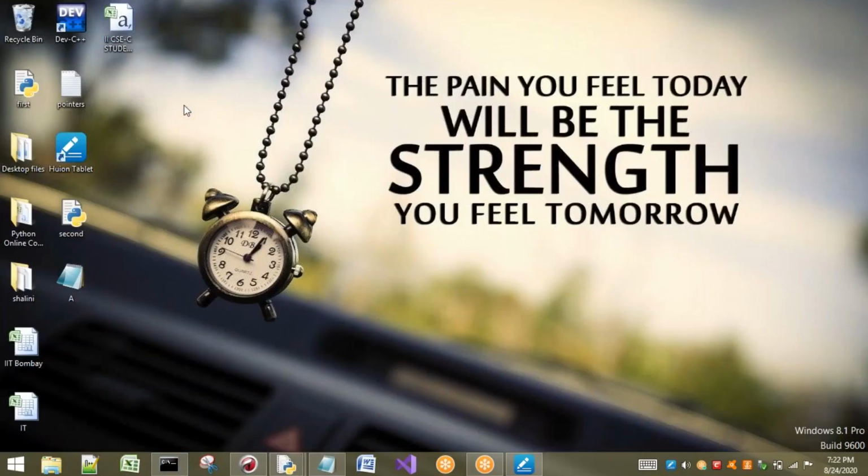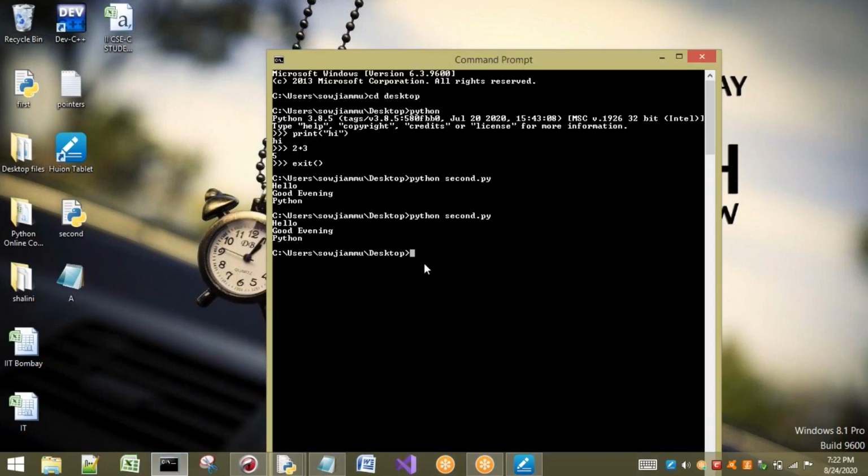Look at the files present on the desktop. Is there any other file named A here? Nothing is there. Now observe that whenever I press enter, one file is going to be created on the desktop. See, A.java. Now see carefully what happens when I press enter. You can observe something being modified.